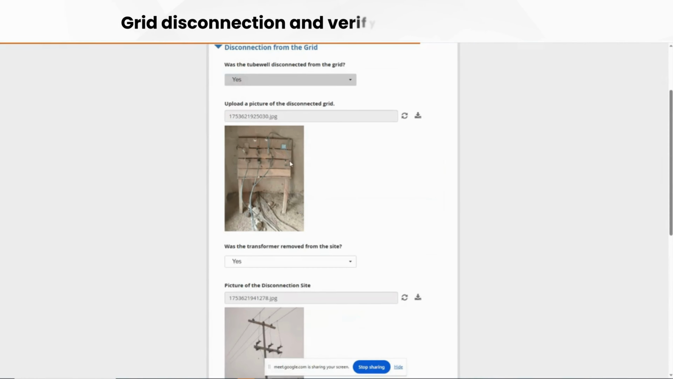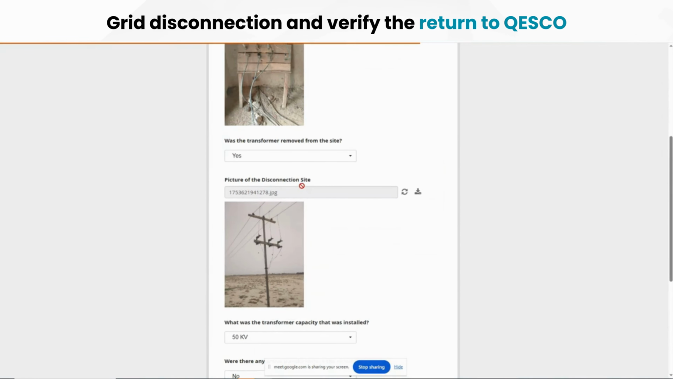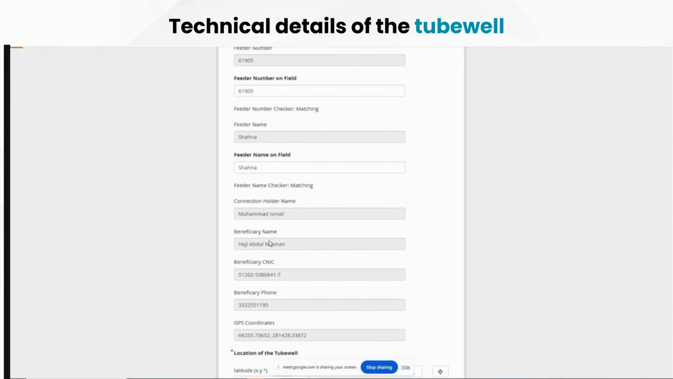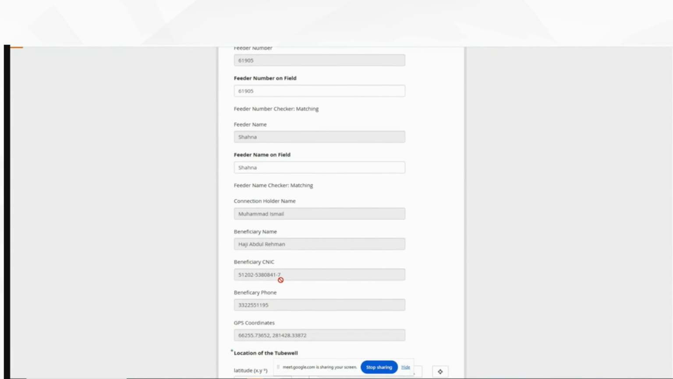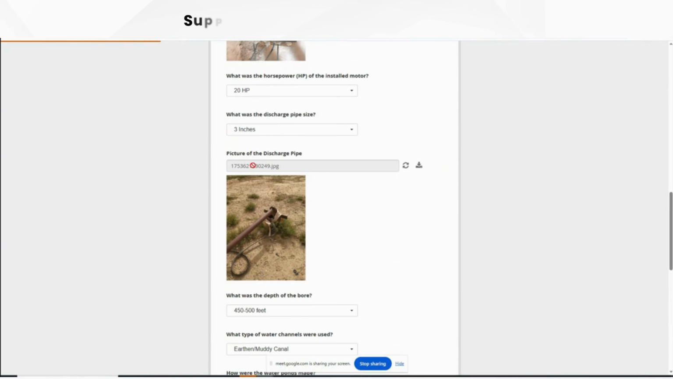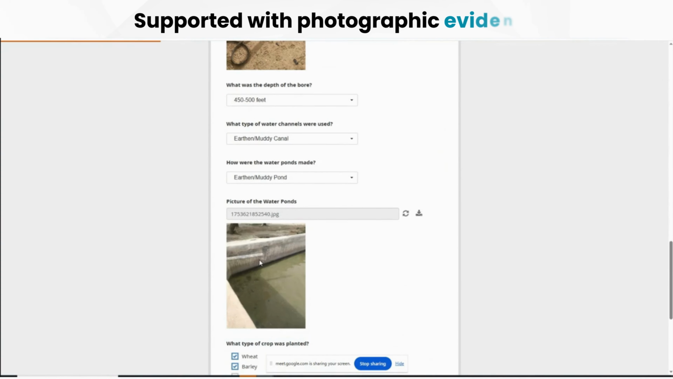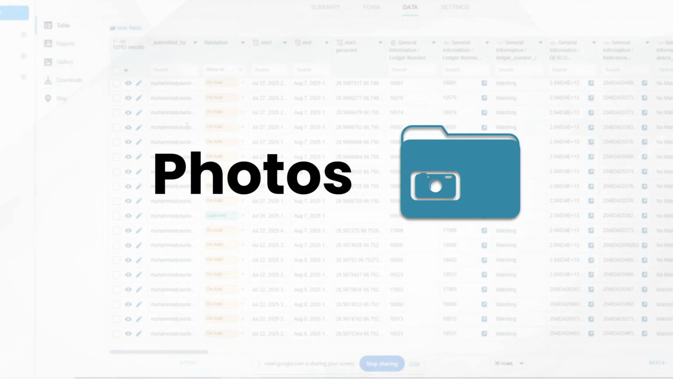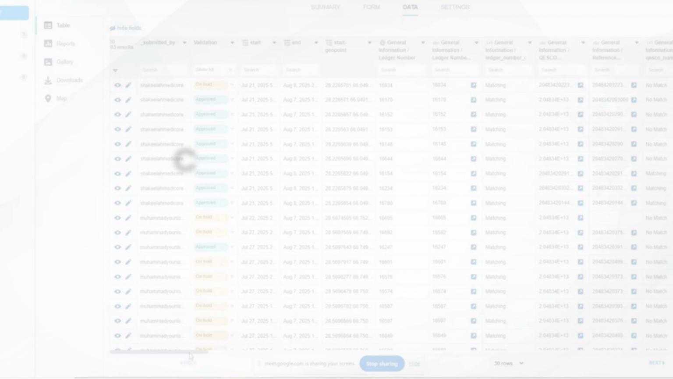They then confirm grid disconnection and verify the transformer returned to KESCO. The enumerator also records the technical details of the tubewell, and finally, documents beneficiary details along with remarks on their cooperation. Each step is supported with photographic evidence. After completing the survey, the enumerator uploads all the data, including GPS, photos, and beneficiary records, to the central system